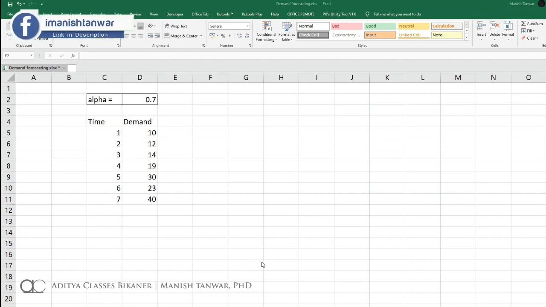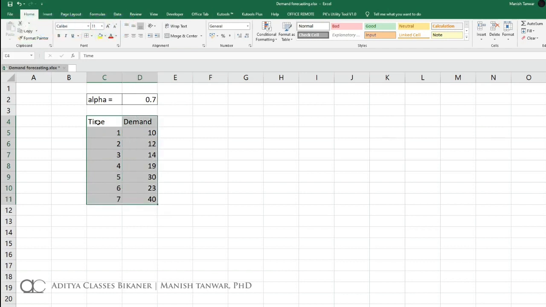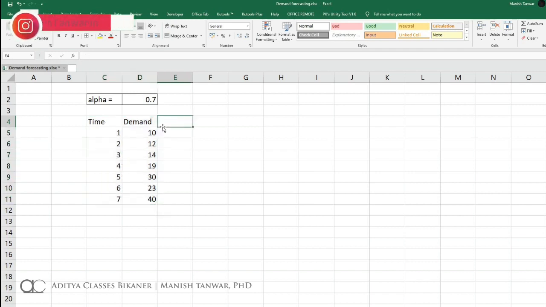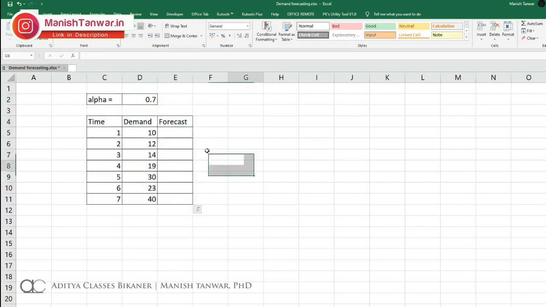Ideally my forecast should be such that they are very close to my actual demand. So we'll see how changing alpha reduces the error. For the sake of this, we are taking the same data set that we have taken in previous lectures for different methods that we have solved up till this point. We'll keep the same data set and make a column of forecast over here. The alpha that we are making use of is 0.7. So I'll put up a table over here, and for the first period the forecast is given.